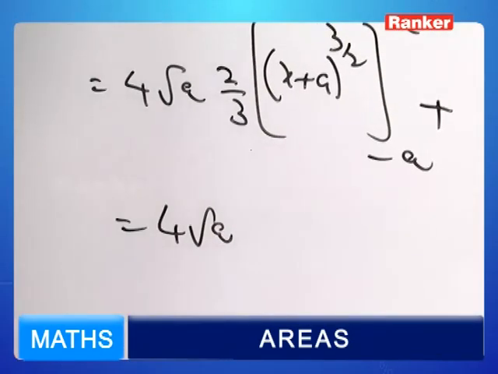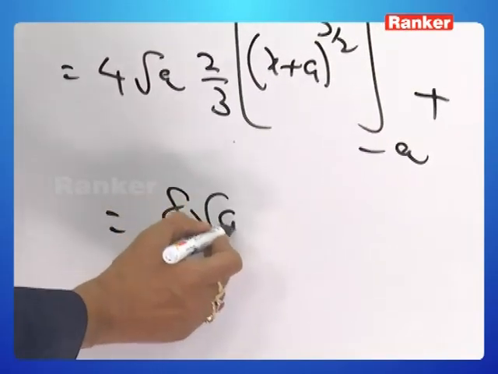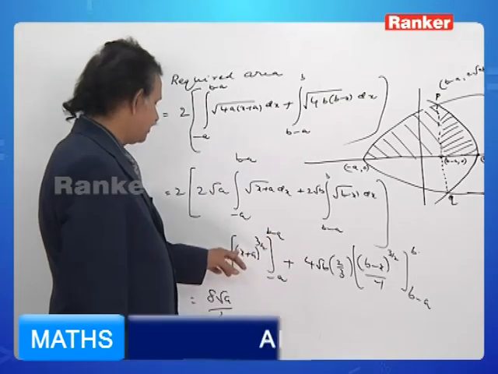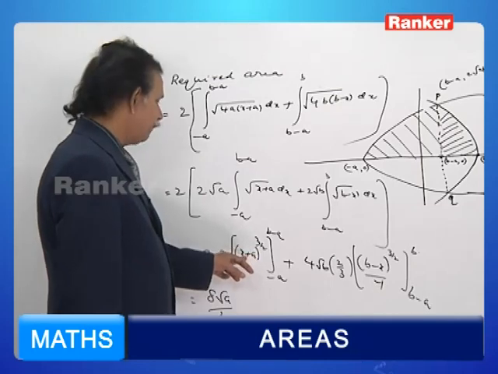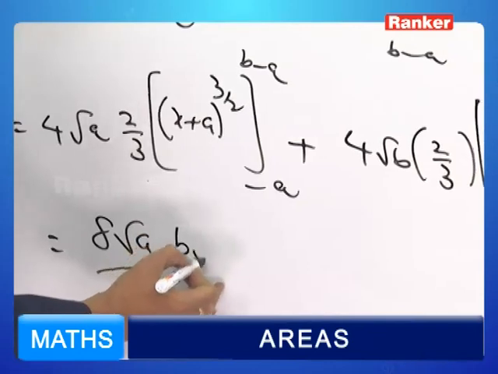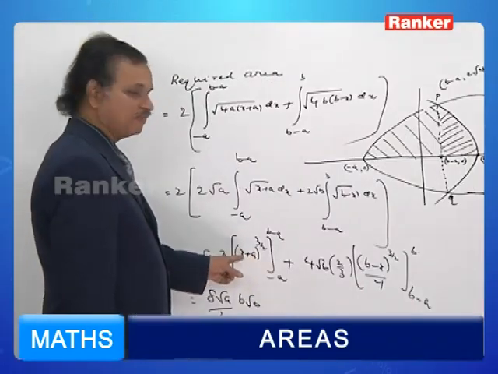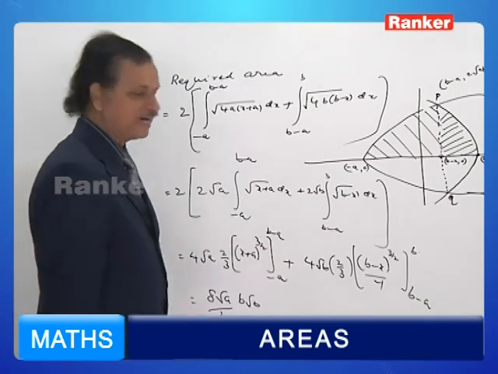Well, let us observe the answers after getting substituted the limits. 4a into 2 by 3 is nothing but 8 root a by 3 into, if you put b minus a here, b minus a plus a, and a will be cancelled, leaving you b only. B power 3 by 2 is nothing but b root b. If you put minus a plus a is 0, 0 power 3 by 2 is 0, nothing happens. You can stop there. Plus,